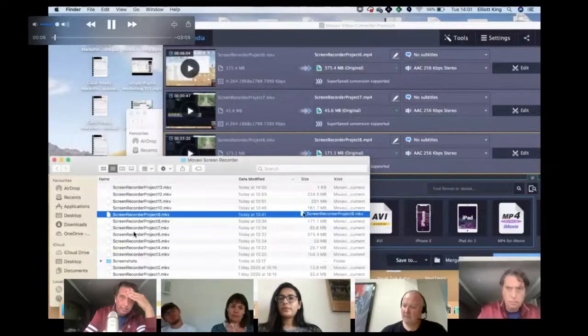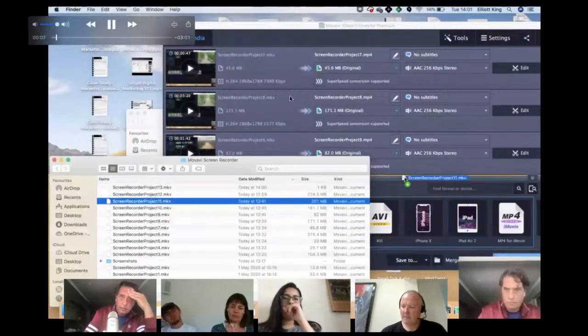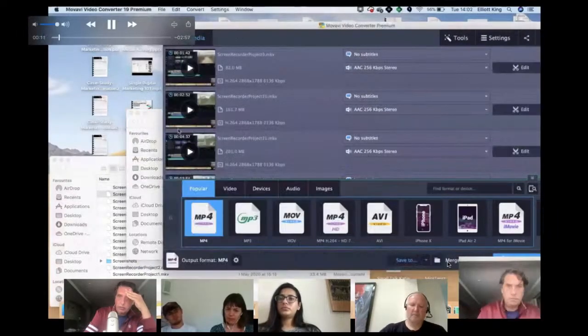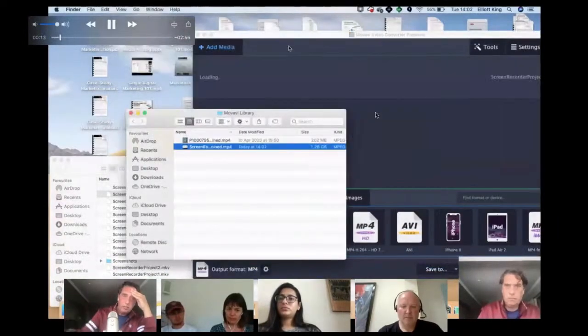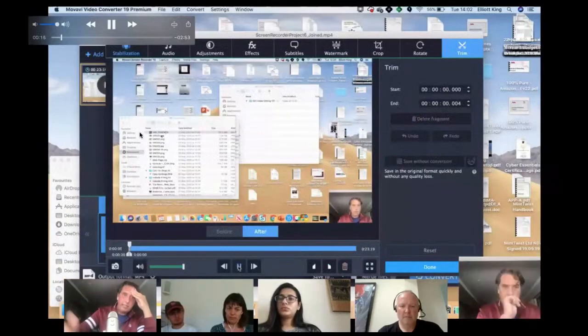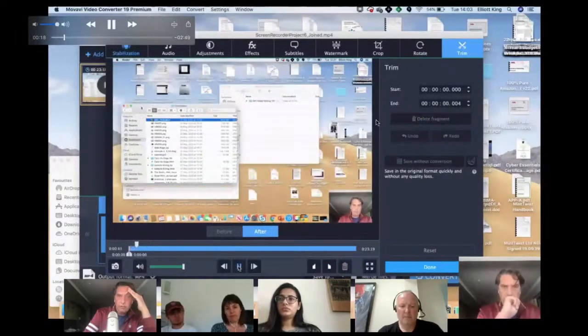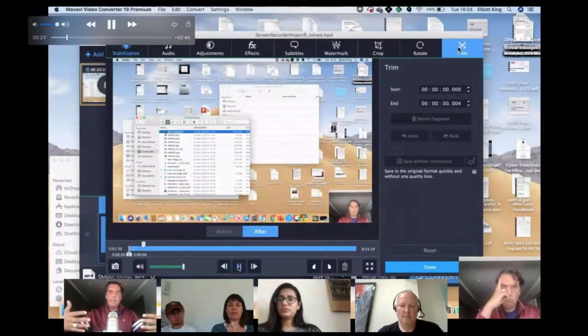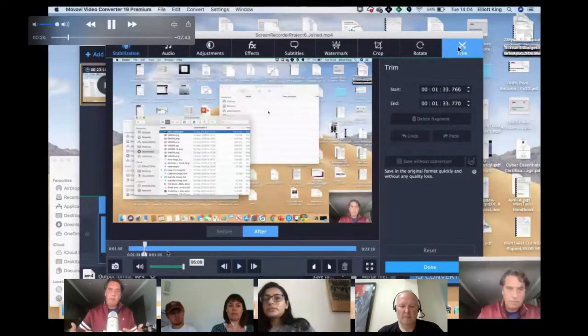As you can see, it's actually more than 8 or 9. I uploaded them all into the converter. And then I used this merge option. So you can merge them into one, that I then took back in to the converter, because I find that the converter is very good for just doing simple cropping, trimming. So the sort of assembly edit that we just spoke about in the video editor, and